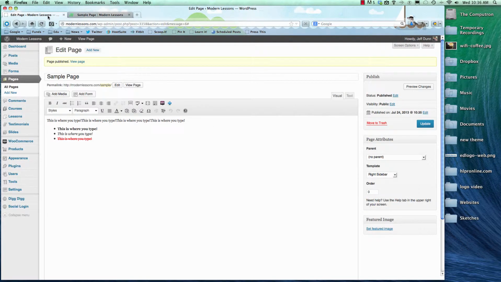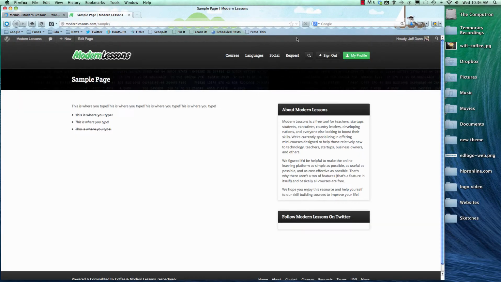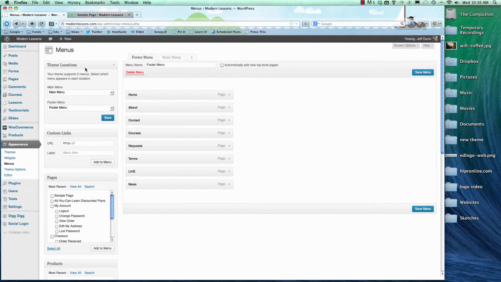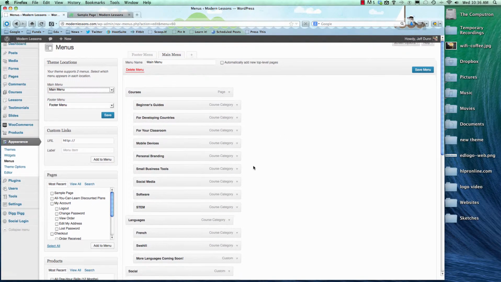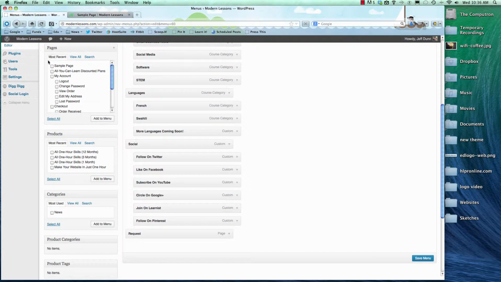Let's say we want to add that page now to our menu. We can go to Appearance and Menu, and it'll pull up this right here. See how courses, languages, social, request. Let's say we want to add it to the right of request. All we have to do is click onto the main menu area, because you can see over here this is the main menu. We'll scroll down to the bottom, and it already has the sample page right here as our